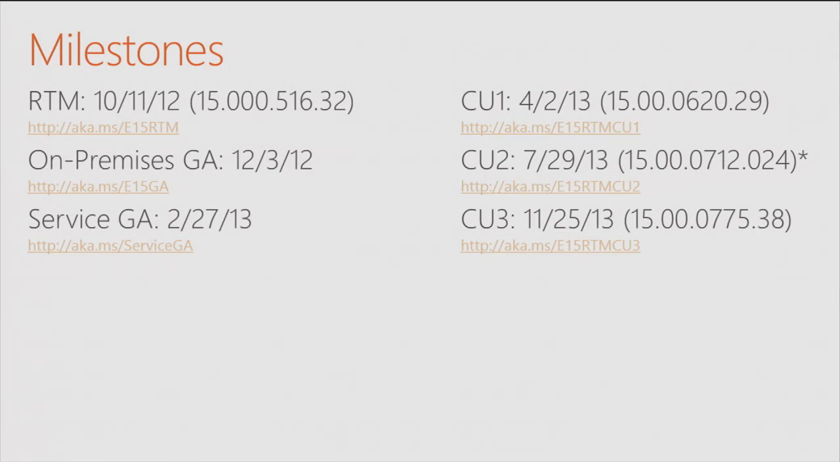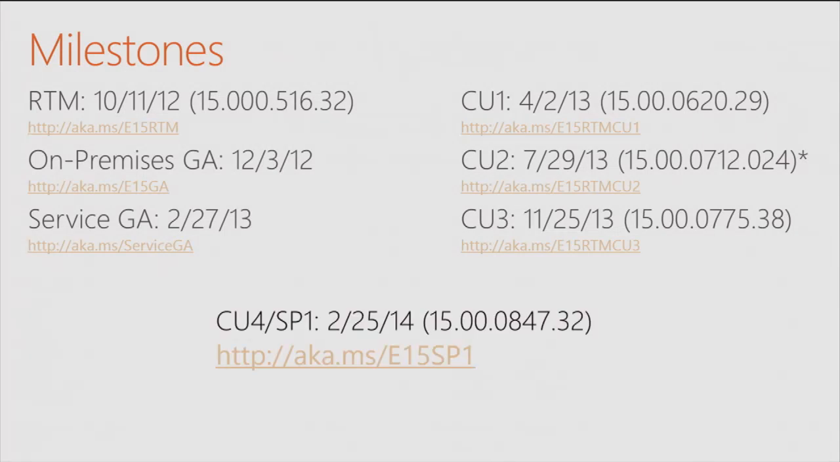Then for on-premises folks, since the RTM release, we have had several cumulative updates. We've had CU1. We've had 2 forms of CU2. That's what the asterisk is there for. We released CU2, found a bug in it that we thought was so bad that we recalled it, and then a few days later we reissued a replacement that had that bug fix in it. So that's CU2. And then CU3 we had back in November. And of course, as Brian said, and as many of you may already know, we also RTM'd Service Pack 1